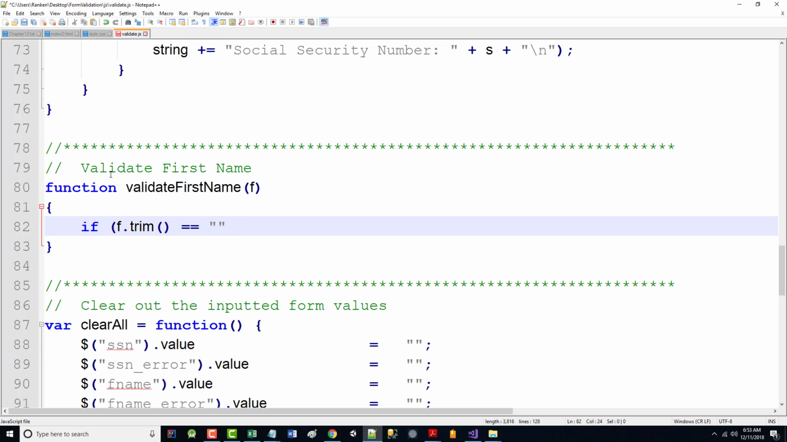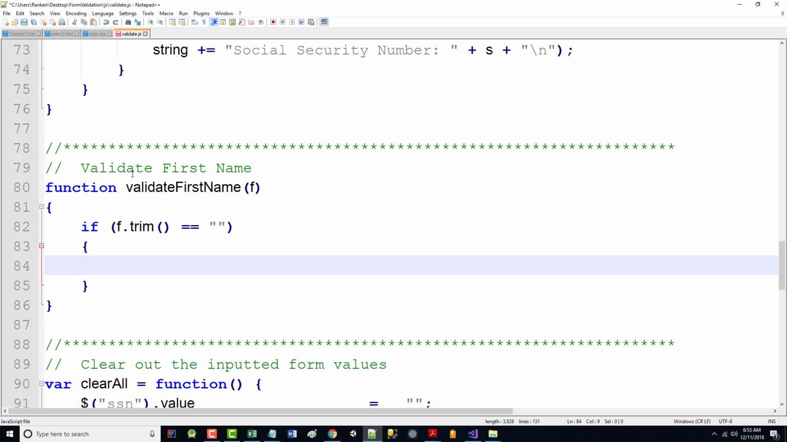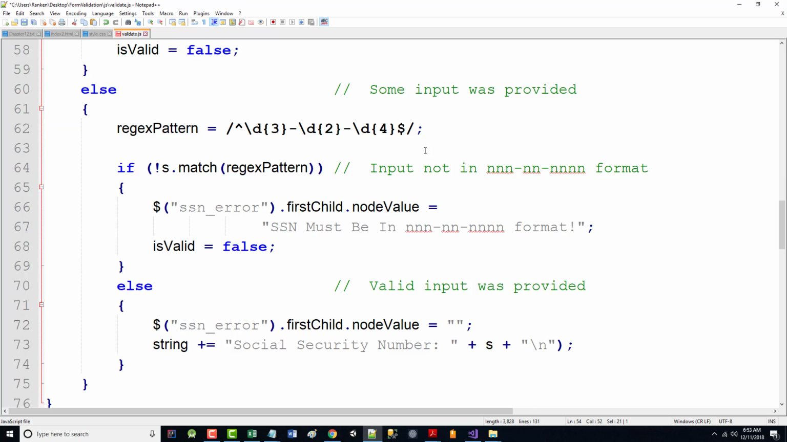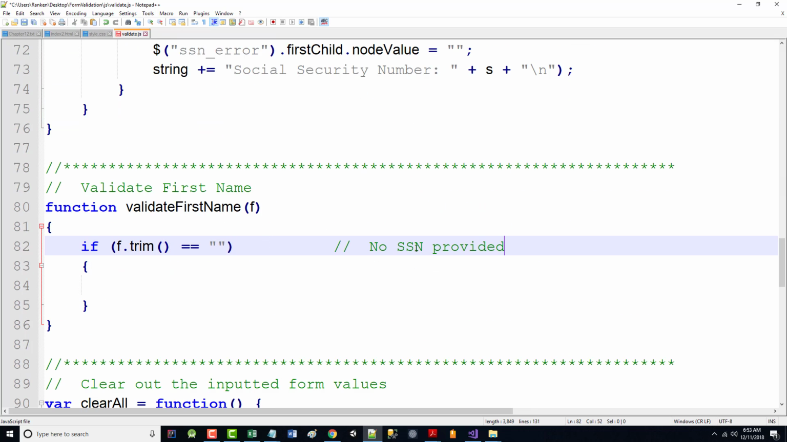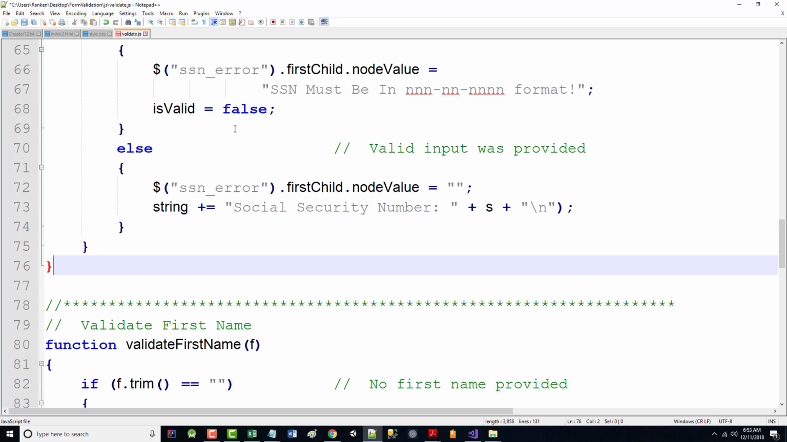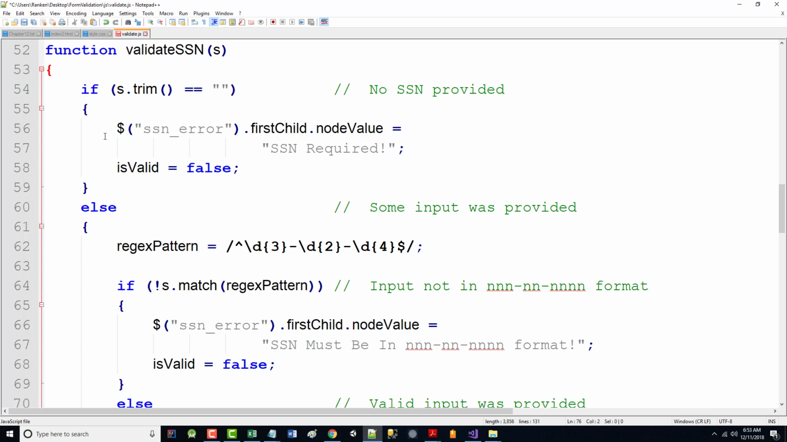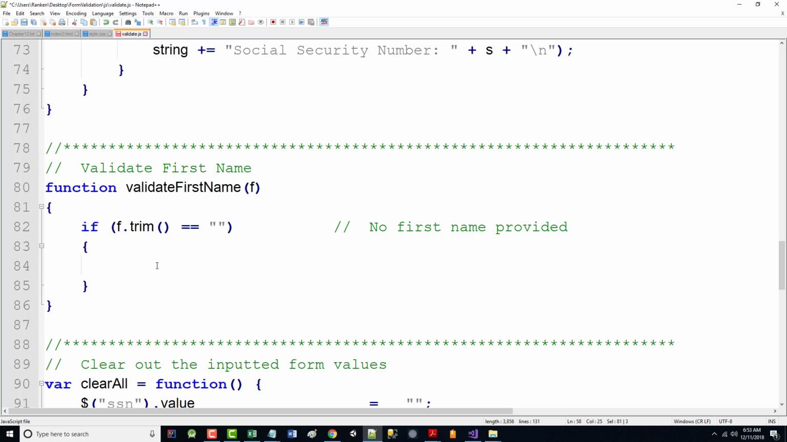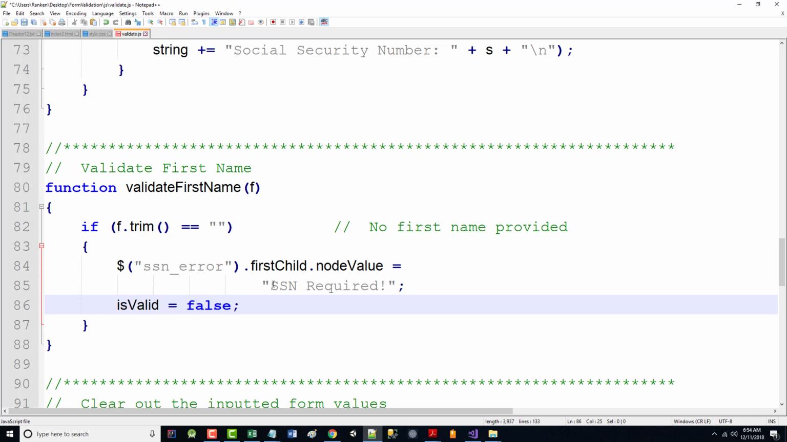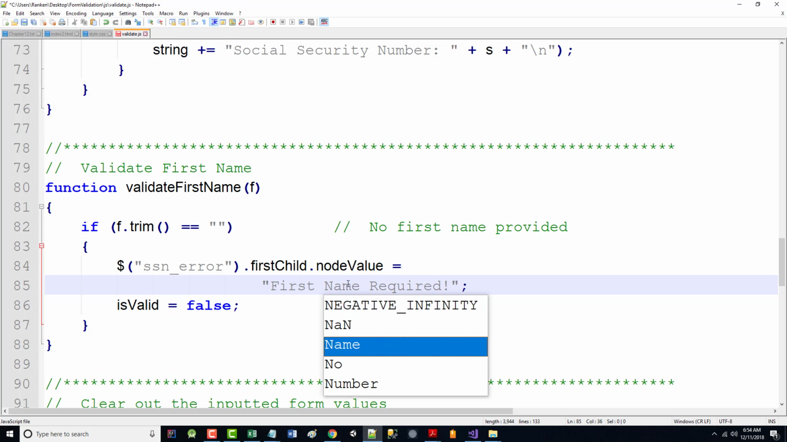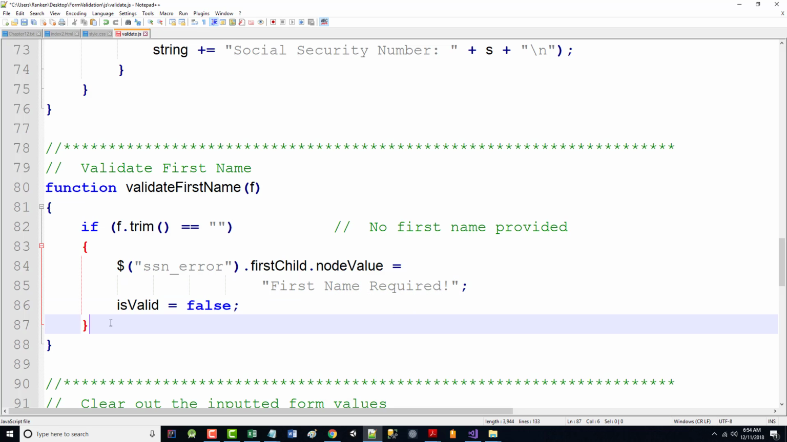equal nothing, meaning no input provided. So no first name provided. And just like we did before, when I can, I'm just going to try to steal a little bit here. So this will say first name required, and the is valid will be set to false. All right. Otherwise,